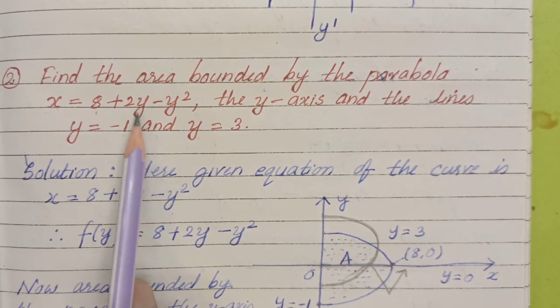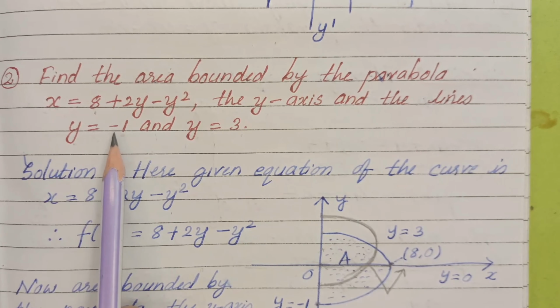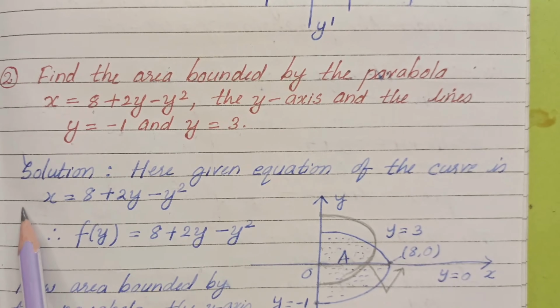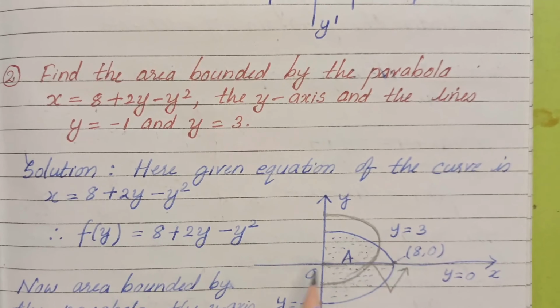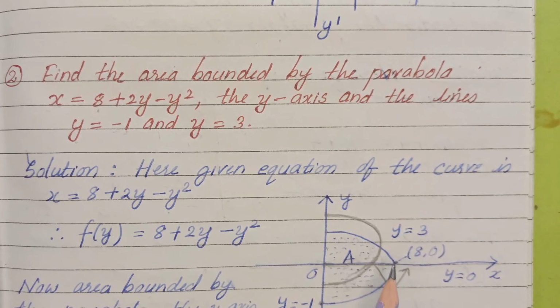They asked for this. Now we got the intervals, that is y is equal to -1 to y is equal to 3. So let's make the solution based on the formula that we are using. And here we see, given the curve is this, let's solve, and then we will understand the values that we can put over here. So what are the things that we need to consider over here?